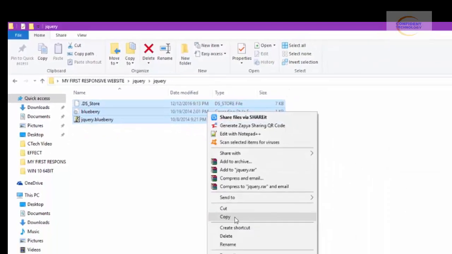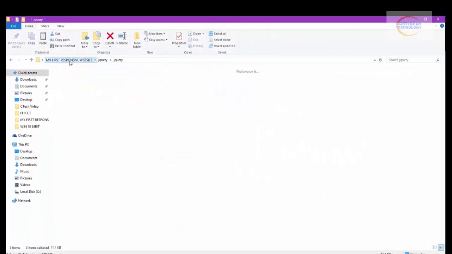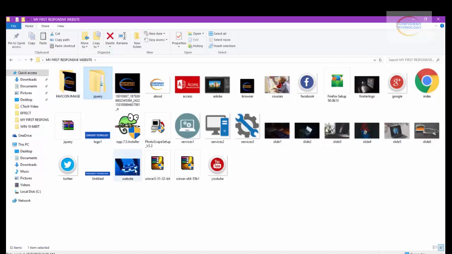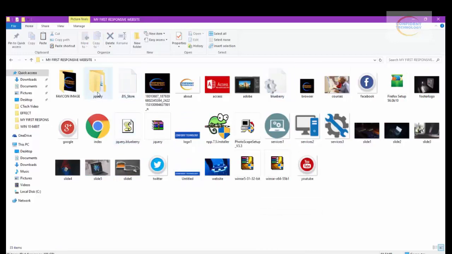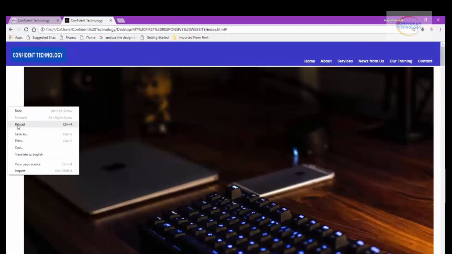So you copy them, highlight all, copy, go back to the parent folder. Like I said, everything needs to be in the parent folder, and then you paste. So you copy the 3 files and paste them in the parent folder. You'll have the blueberry files and jQuery.blueberry. So if you get this, just switch to your browser and now you can